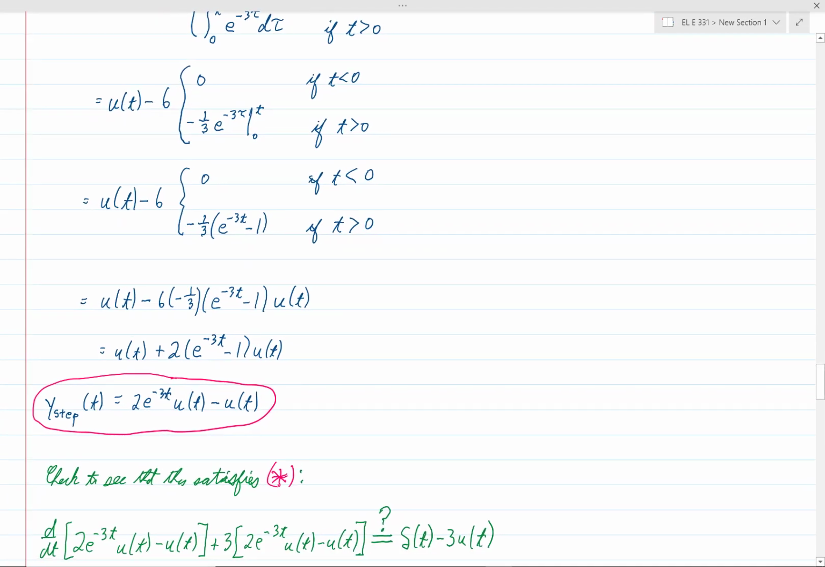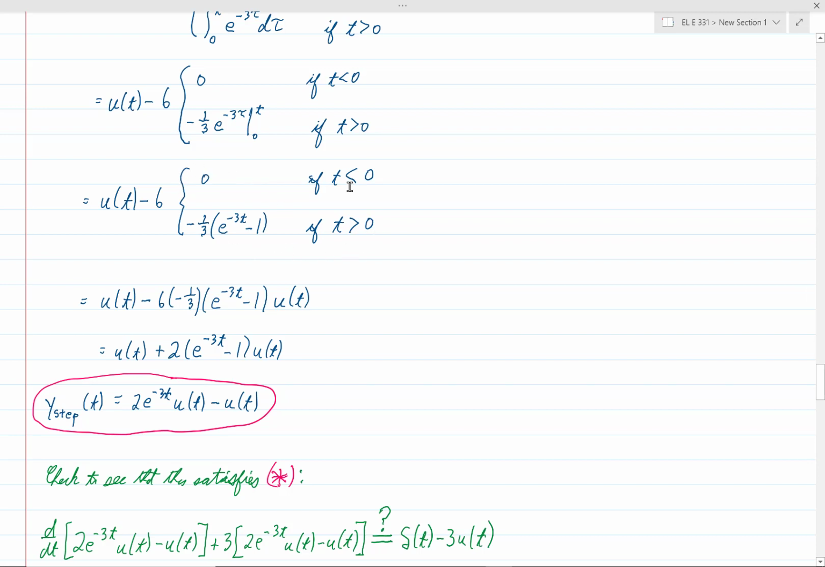And now notice what I do here. Okay, u of t comes down, the minus 6 comes down, and then I have rewritten this expression right here as minus 1/3 e to the minus 3t times minus 1 times u of t. And just think about that for a moment and make sure you understand why this expression is the same thing